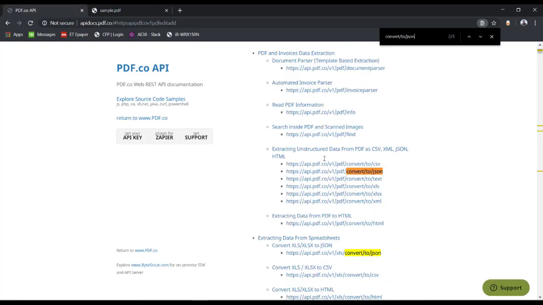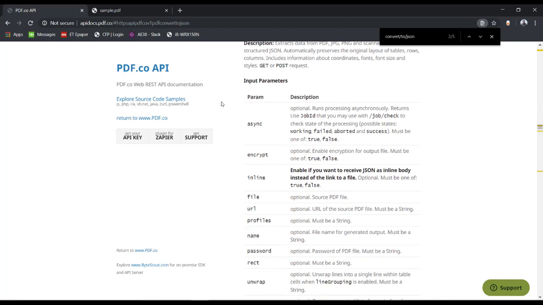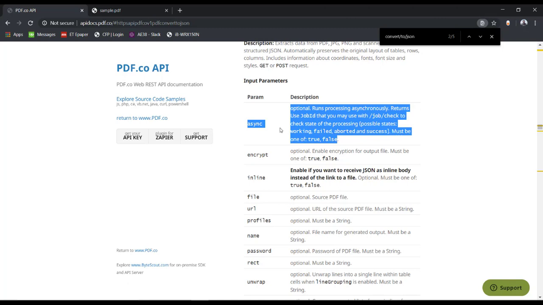So we're going to convert to JSON. It contains the different input parameters. If you want the async version running, then we can provide these async parameters. If you provide the async parameters, it will return the job ID, which we need to check iteratively, whether this job is completed or not, using this job/check URL.